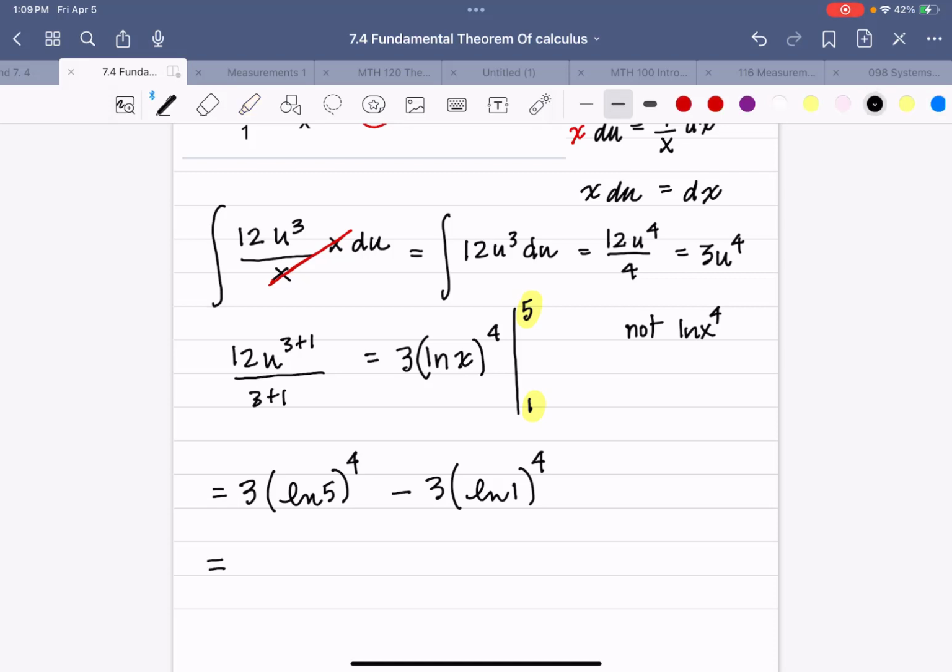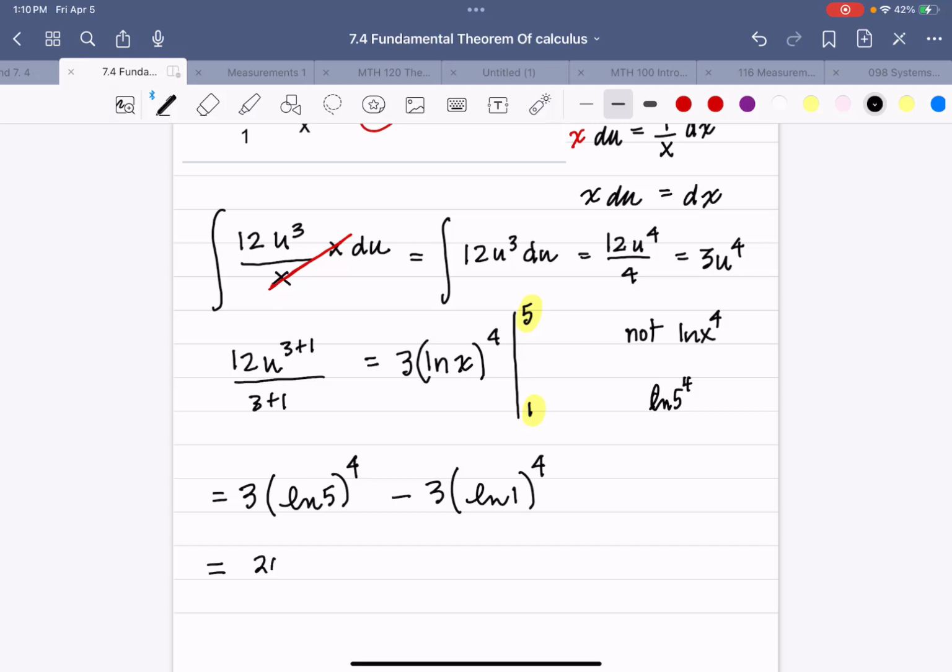Now this is a calculator problem from this point, and you can do 3 times natural log of 5 to the fourth, but you got to be careful. You got to have those parentheses, because if you don't, it's going to do natural log 5 to the fourth. It's going to go 5 times 5 times 5 times 5 instead of natural log of 5 to the fourth. So put your parentheses around your natural log. So 3 parentheses, natural log 5. Now you're going to have to close your parentheses twice. Raised to the fourth